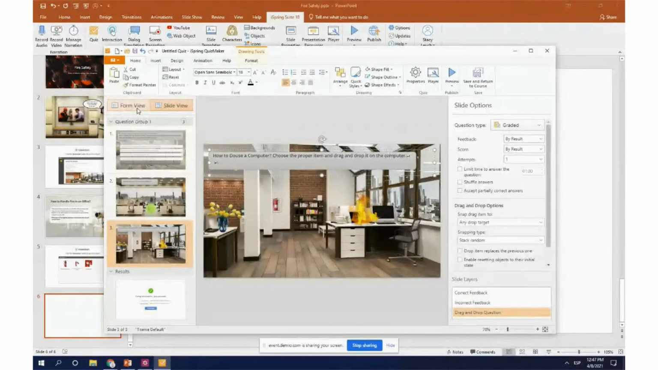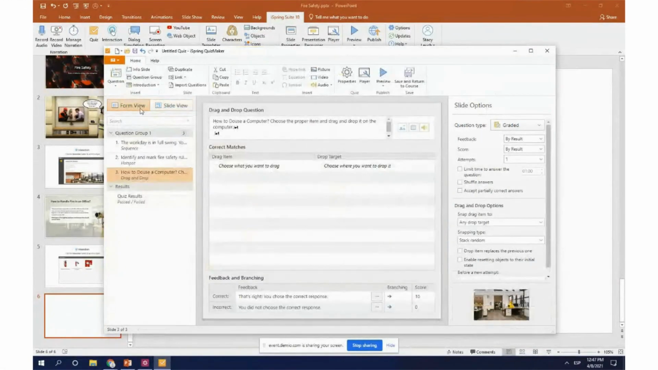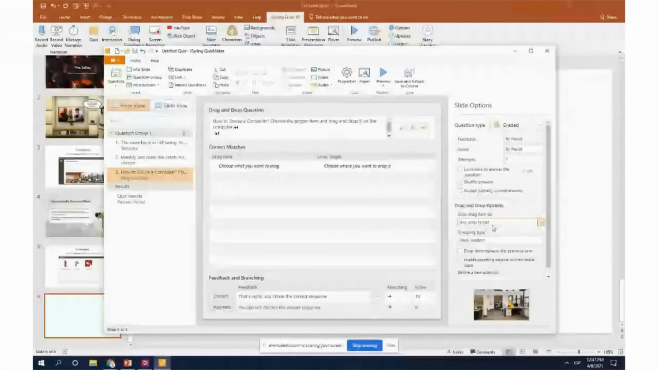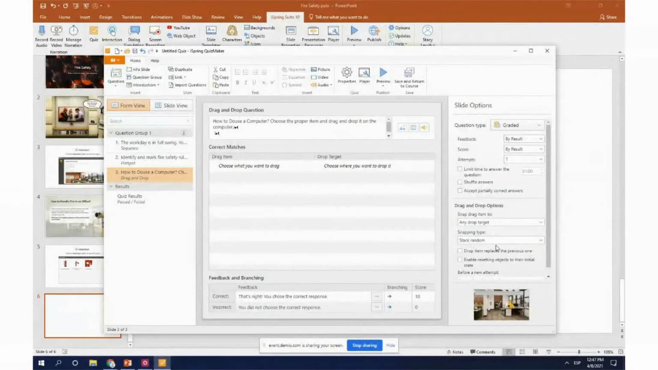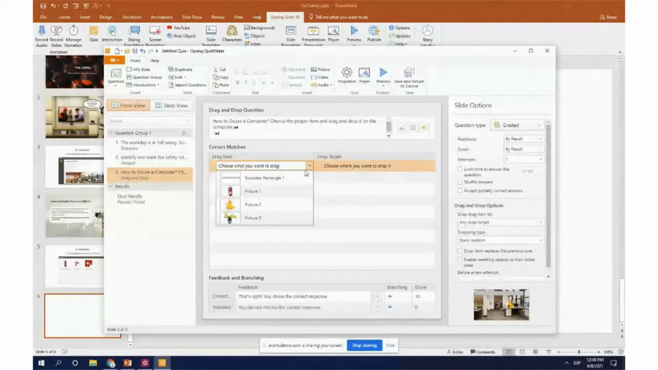Let's switch to the form view. Let me mention that in the drag and drop options, I will choose any drop target and for snapping time to stack random. Now I'll change, let's choose the correct match. To do that, I will set flowers and fire extinguisher as drag items and select fire as a drop target for the fire extinguisher. Choose this one and